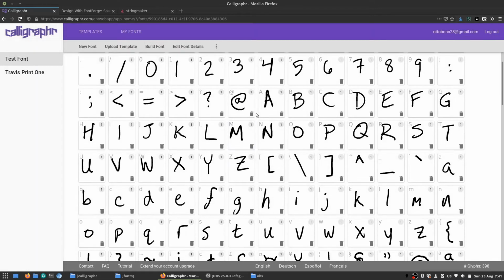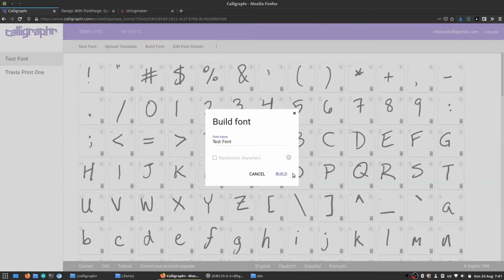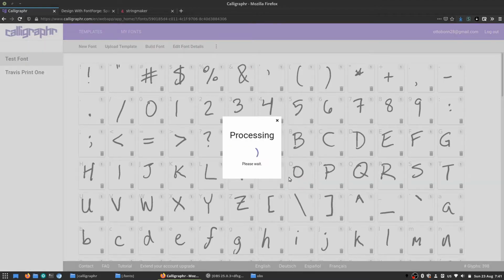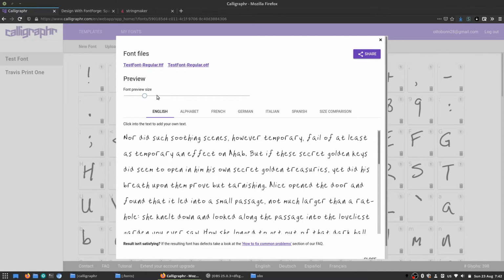Okay, so we have one variant of each character. I'm going to say build font right away, and we're not going to change anything yet. We'll just see what it looks like. And spoiler, it's going to look pretty bad because the characters aren't aligned with the baseline very well. I'm not that good at aligning them when I'm writing by hand, and the spacing is probably going to be quite off. So y'all haven't seen my handwriting before, but if we make this a little bit bigger, it probably